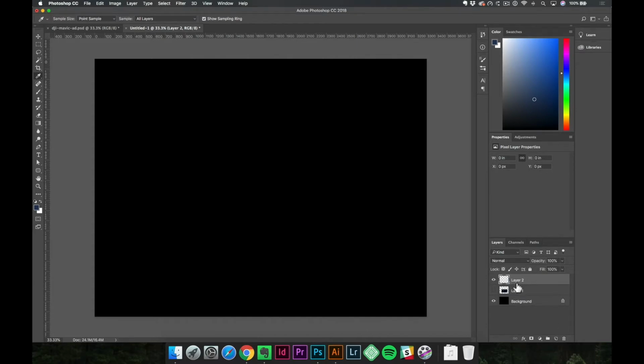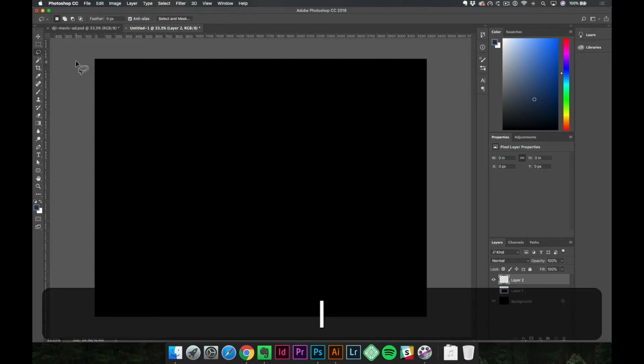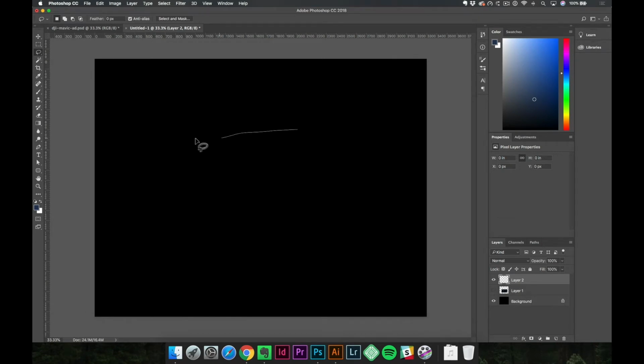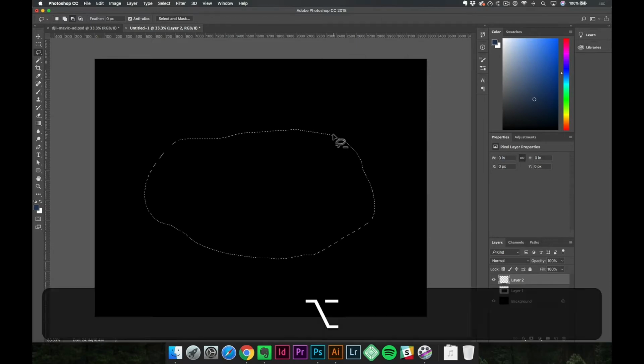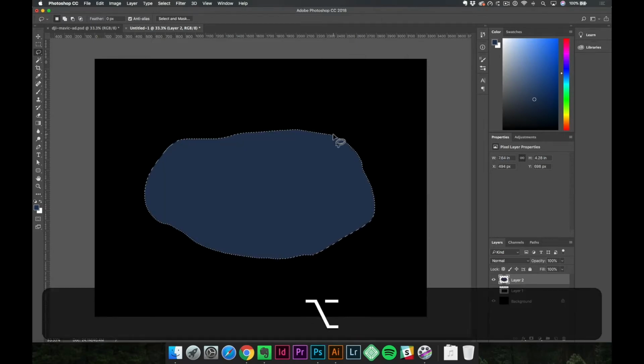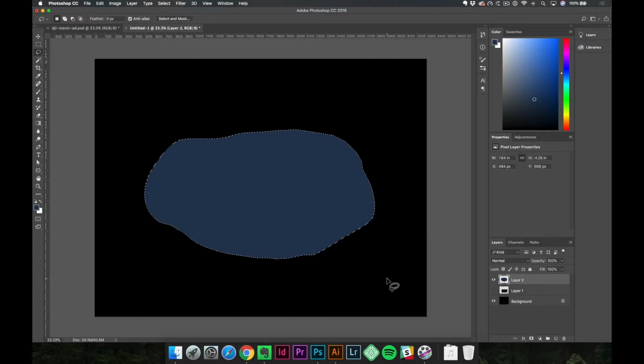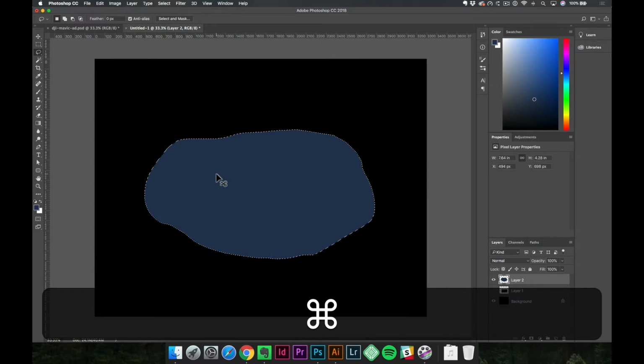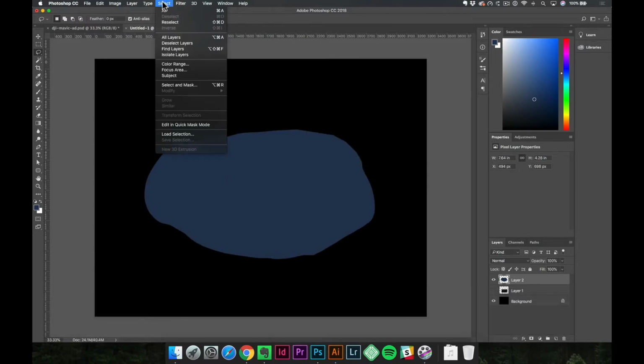And with that layer, I'm going to hit the letter L to get my lasso tool. And I'm just going to draw a loose shape. It doesn't have to be perfect at all, just kind of a blob right in the middle there. I'm going to hit Alt Delete to fill that with that blue color that we have in our swatch panel now. And we've got the selection. I'm going to go ahead and hit Command D to deselect that,